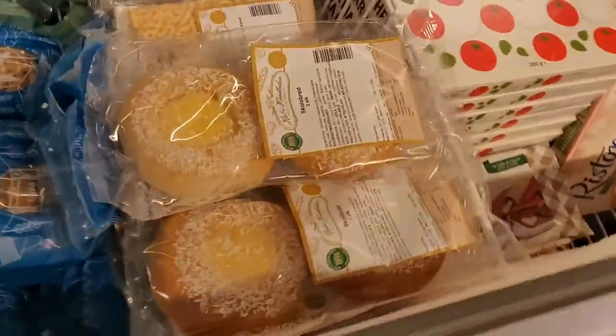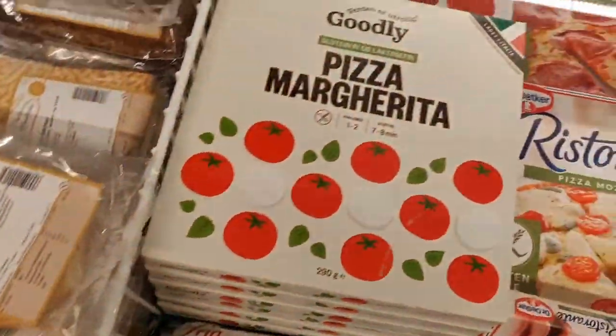Oh my god, these amazing desserts. I'll show you them now. Some pizzas, so lots there too. That's the gluten-free section, and you know what? It's a bit expensive and I wasn't going to get it. But I'm on holidays, so we're going to go for